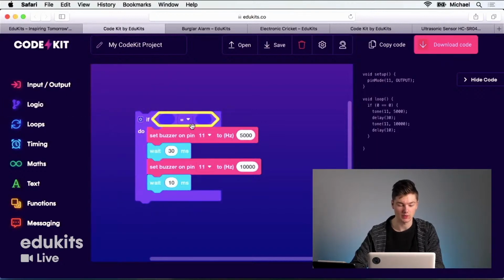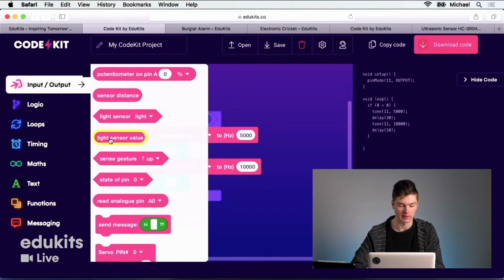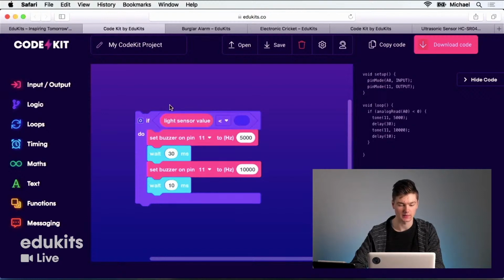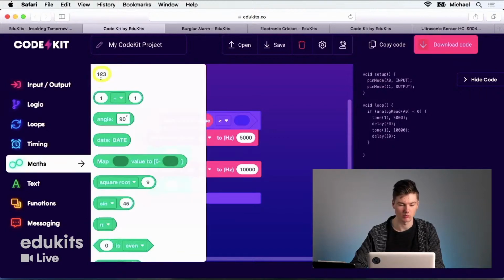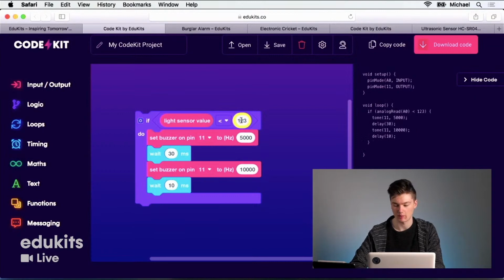So we have our two values and we can compare them. And we'll do a less than again. And this time we're going to drag in a light sensor value. So if the light sensor value is less than, we'll grab a number in from this math section and we'll make this less than 200. Okay, so if the light sensor is less than 200, we're going to have this cricket sound.